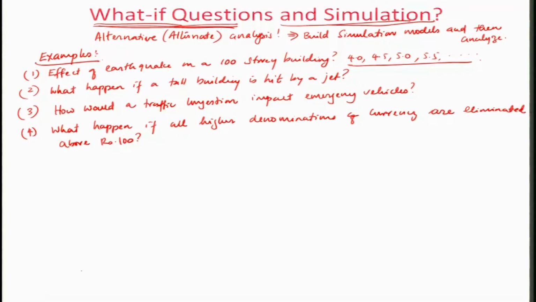What would happen if all higher denominations of currencies are eliminated above rupees 100? What will happen to that? For example, if you eliminate all the currency above 100, then if you have 1 lakh rupees,